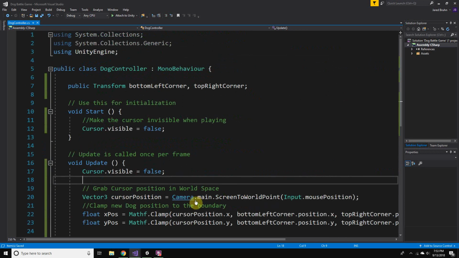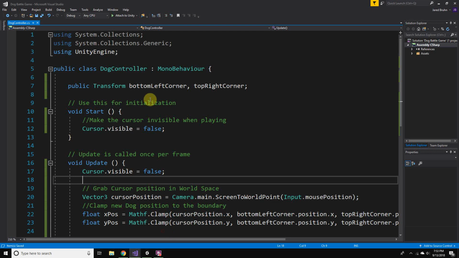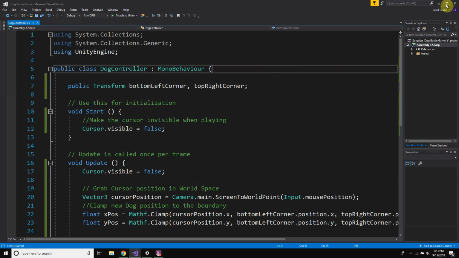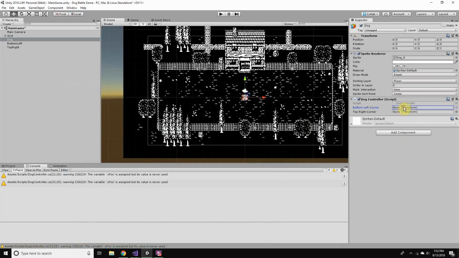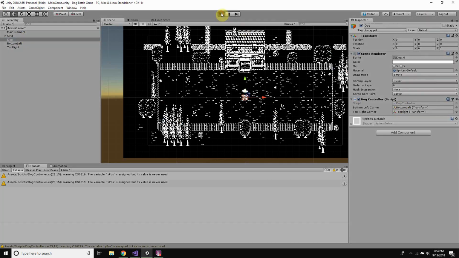Okay, so if I save this and go back into Unity. I'm just hitting Control S to save. You can also go over here and save all or save to the assets. Now I can feed in transforms. My bottom left corner is called bottom left, top right corner is called top right, and those are correctly named. And when I hit play now,